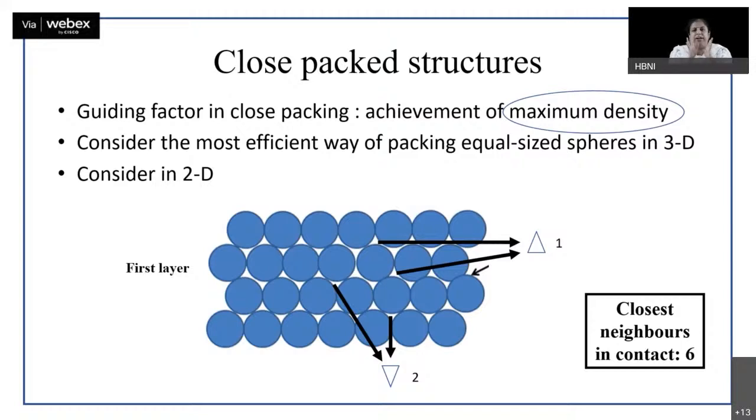So when we define the close packing, what is the guiding factor on this? Guiding factor is whatever way you arrange your sphere, you have to see that you should attain maximum density. So you consider the most efficient way. You are given, let's say here, the blue spheres, which are of equal size, and you have to arrange them in three dimensions. What is the most efficient way of packing it? The most efficient way is you arrange the first row as it is shown here, and then in the grooves of the first row, you start